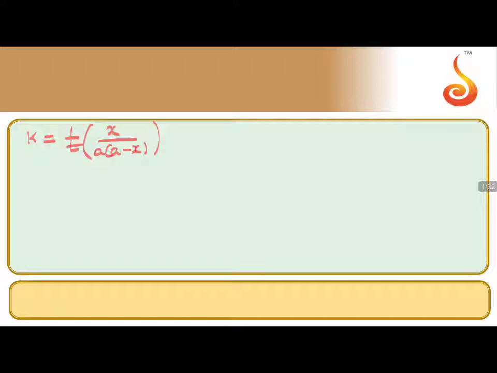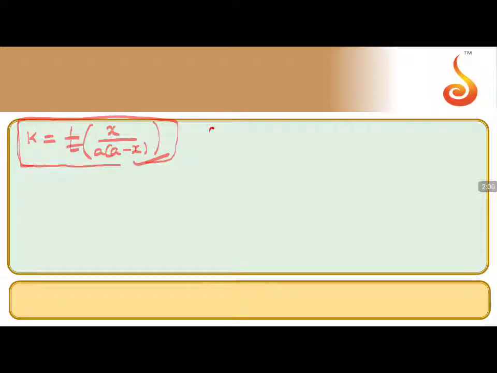Now the question comes, sir, when to use this formula, and when to use the other formula of k in terms of a and b? Here remember, if the molar concentrations are the same, then we are supposed to use this formula only, even though two reactant molecules are participating. If the molar concentrations of both the reactant molecules are the same, then we can go only for this particular formula. So this is the hint in the question.